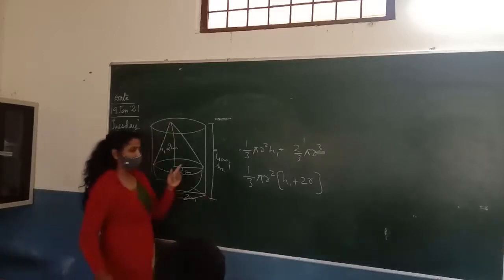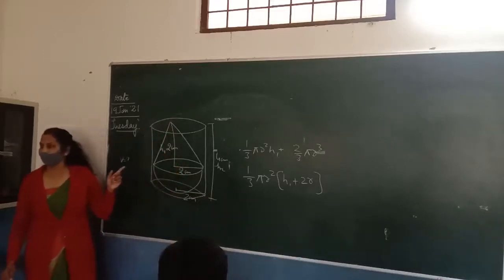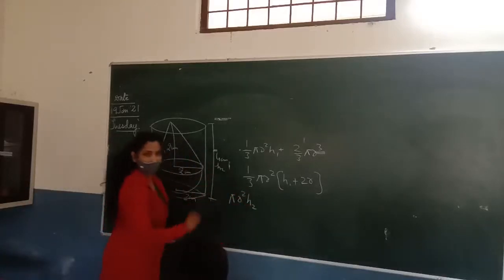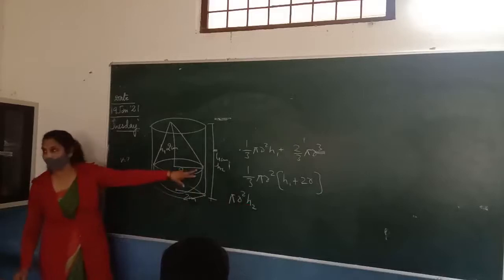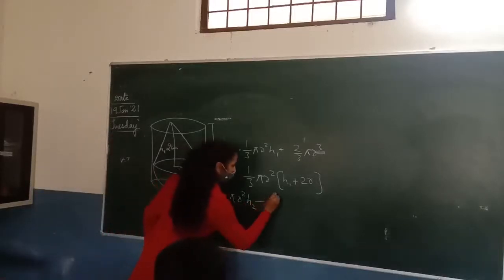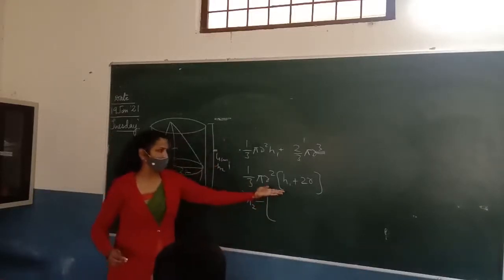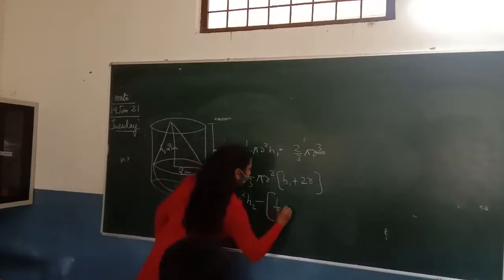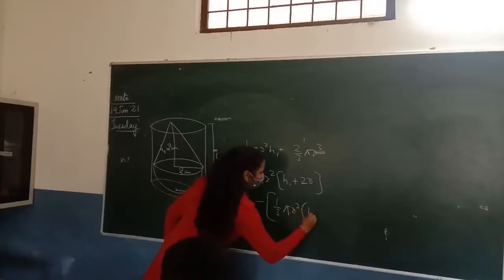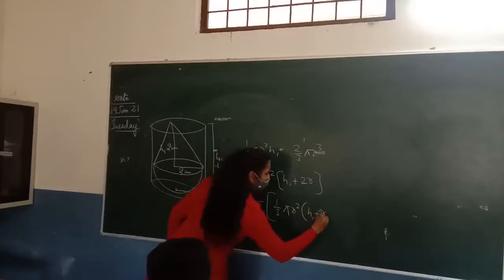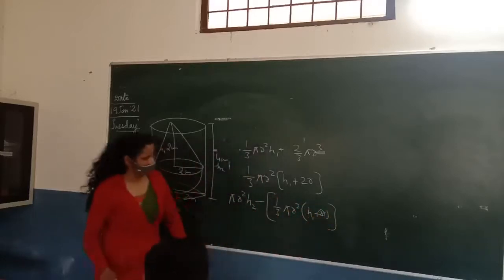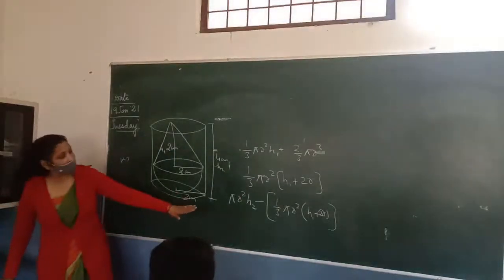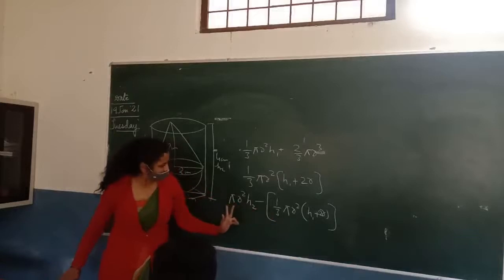So what is the volume of the cylinder? pi r square h2. Good. It is pi r square and h2, right? h2 is the height of the cylindrical portion. Minus. So you can find them first, or if you want you can put the values as it is. Can you solve it yourself? Yes, ma'am. Calculations only. You can put the values. In this part, you can also take pi r square common here.